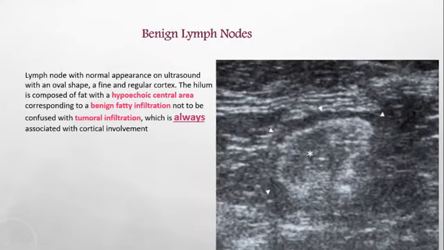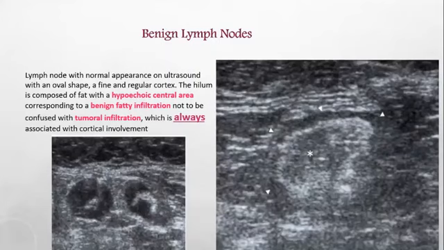The cortex is normal, definitely not a malignant process, and the lymph node is enlarged, and this is usually seen in elderly patients due to repeated inflammations and benign fatty infiltration of this area. Compare with this small lymph node, but